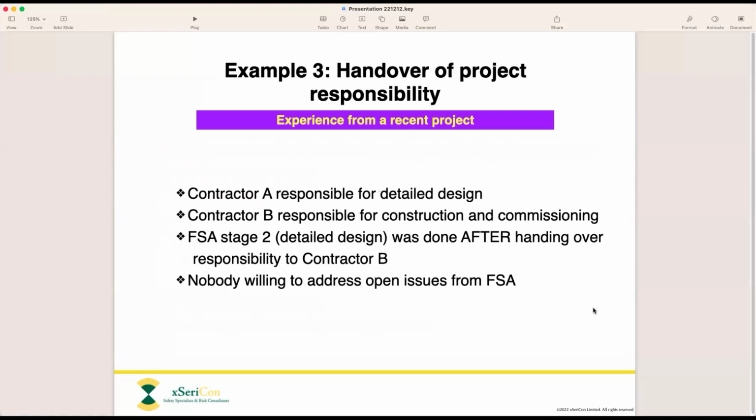Another example that we've found recently, we were working on a big project which had two different contractors. One contractor was responsible for detailed design, and then at the end of detailed design, their part was signed off, and the whole project was handed over to another contractor, which was going to do the actual construction and commissioning. And we were responsible for the stage 2 functional safety assessment, which is reviewing the detailed design. But the problem is that they only called us in to do this after the sign-off had already been done for contractor A,